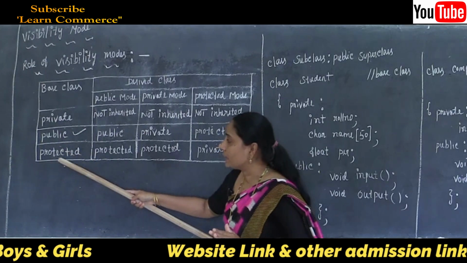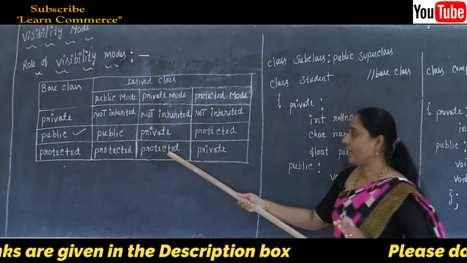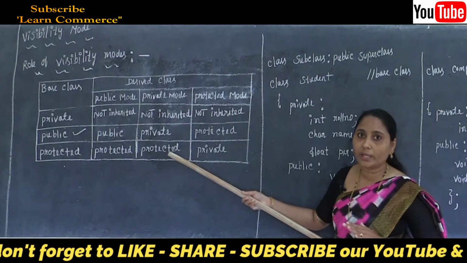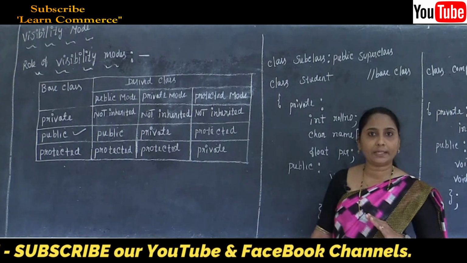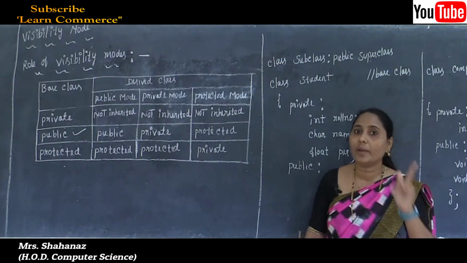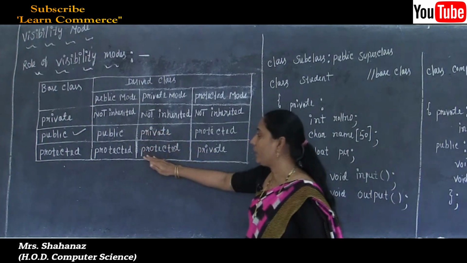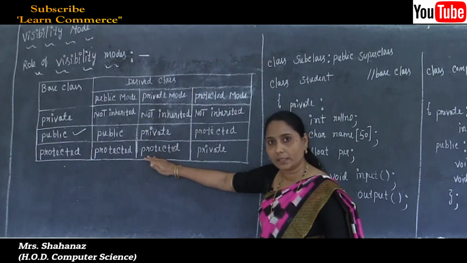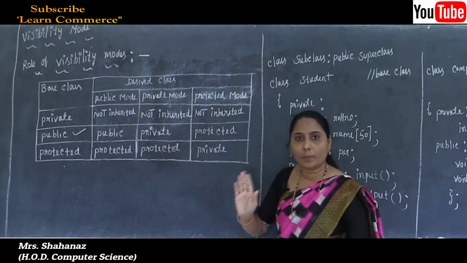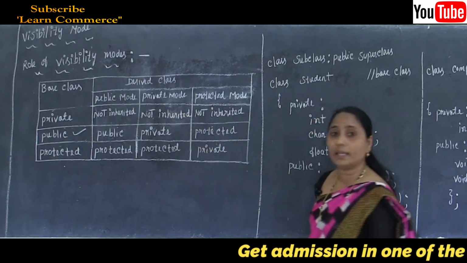And next, the third point: the protected member of the base class stays protected in a derived class. That means like private, it is not possible to shift. Whatever members are in the protected side of the base class, such members are not possible to shift to the private side of the derived class. Clear? Why? Because we know that private is also called protected, both are similar here. So no problem if you write private or protected. So we completed the first column and also we completed the second column.